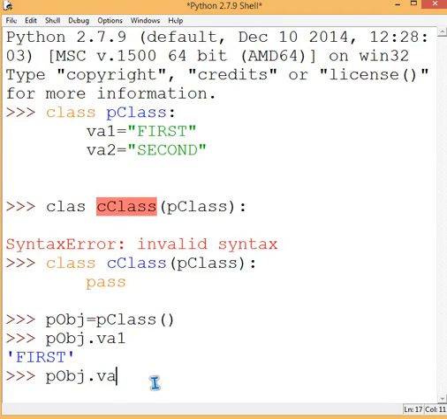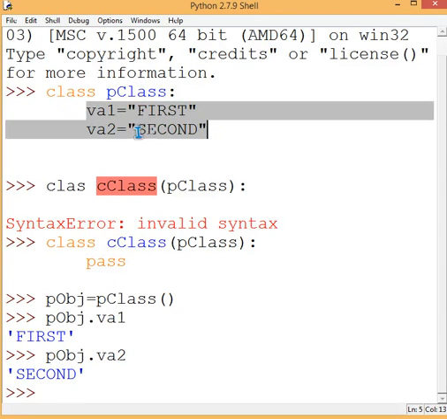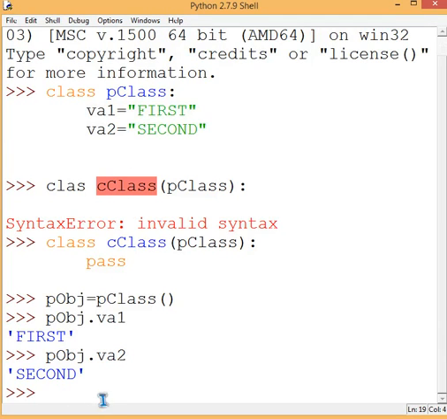We have to see whether this class, which has inherited va1 and va2, has access to va1 or va2 or not. That we'll see just now. Make an object like this, and we'll call it cobj. That is an object of C, and I'll just copy this.